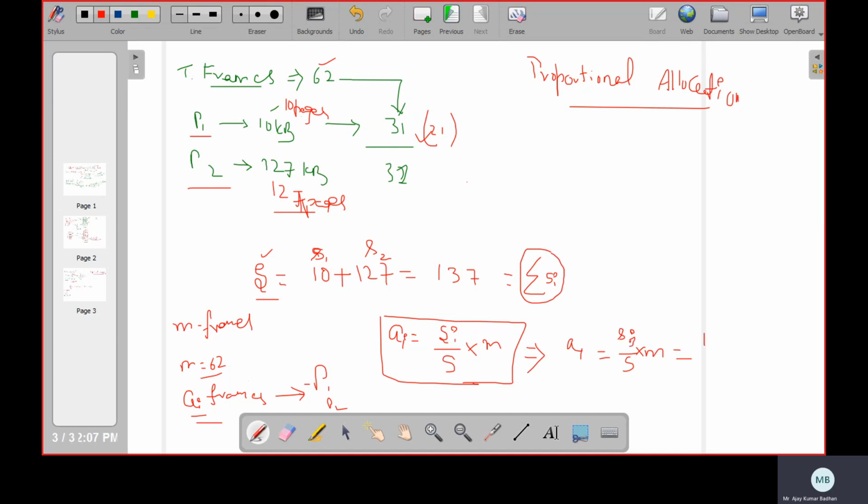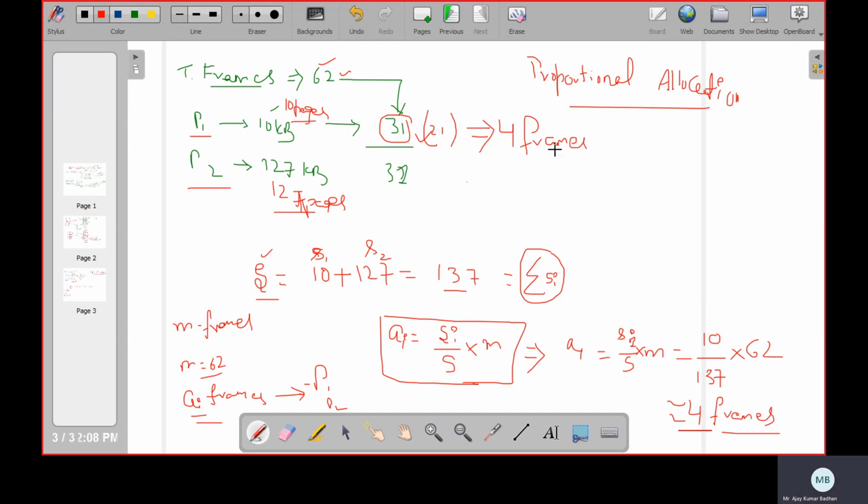So we are talking about S1, process 1. How many pages is S1 having? 10. So 10 by 137. So capital S, how much did we get? 137 into the number of frames. How many frames do we have? 62. So it is approximately 4 frames. If you solve it, you will get a value of 3 point something, that is nothing but 4 frames. Means for the process P1, this time I am not going to allocate 31. As per the calculations, I am going to allocate only 4 frames